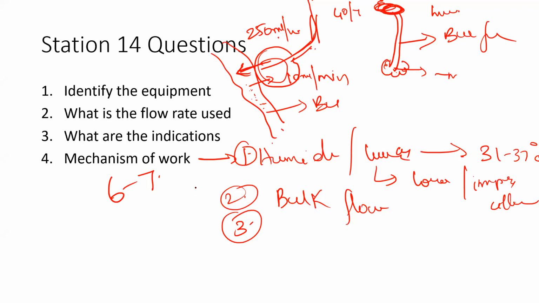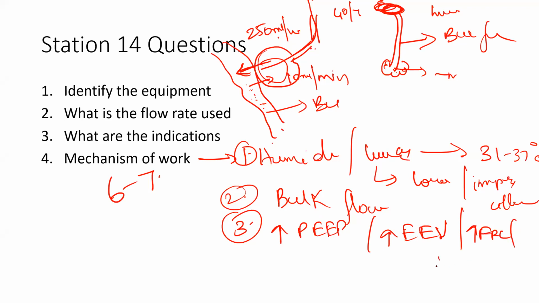So this 6 to 7 PEEP helps to maintain the airway pressure continuously positive. That helps to open up the collapsed alveoli. So that is how it improves the oxygenation in atelectatic patients. So it increases the PEEP and it increases the end expiratory volume. In that way, it increases the FRC that helps to improve the oxygenation. So these are the ways. And then the other thing, lastly, is that it reduces the dead space.